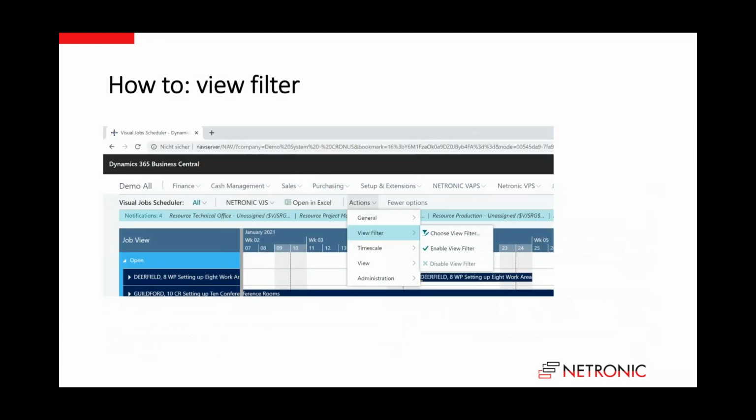Then once the visual scheduler is open, you can go to Actions, View Filter, and then choose a view filter, and enable the view filter and disable the view filter. So you apply the view filter from within the visual scheduler. So the data filter is first implicit by the time frame that you load, and explicit by the dialog that you actually work on